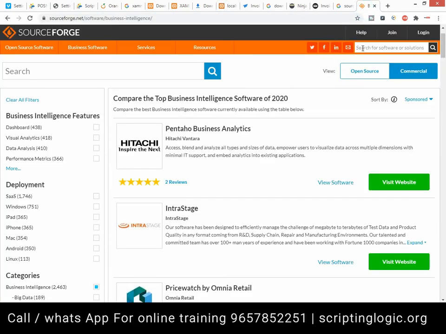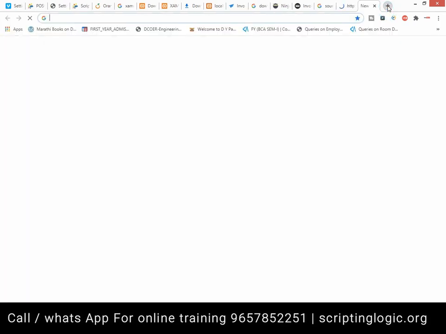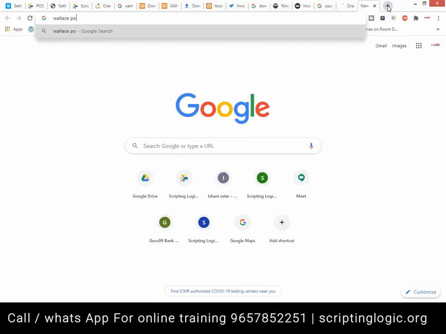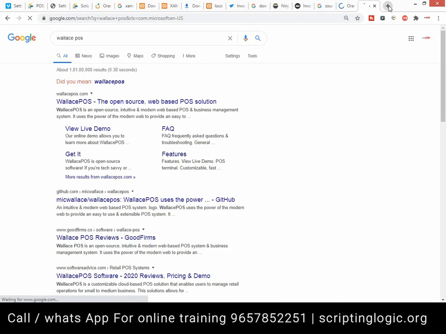Let's search Orange HRM. Orange HRM is here, but I think they have removed the code from here. You know, there is one Wallace POS. Okay, voice is breaking.